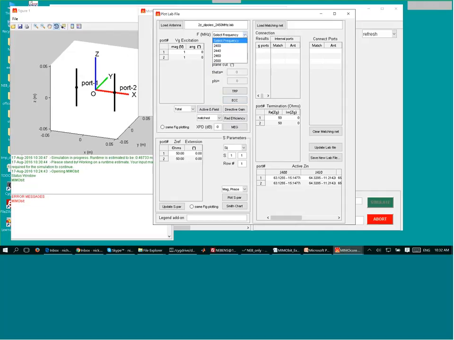So I can go and select the frequency, say in the middle of the band, 2440, and look at the actual active electric field that is produced by these two dipoles when both ports are driven with the same kind of source, 1-1. This is the voltage source driving the dipoles. So if I say active field,